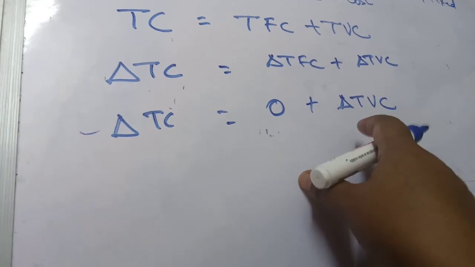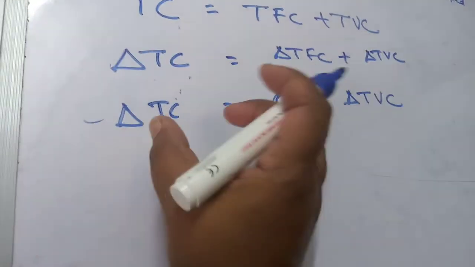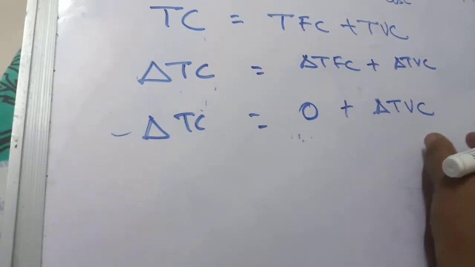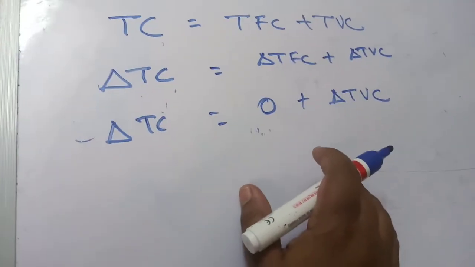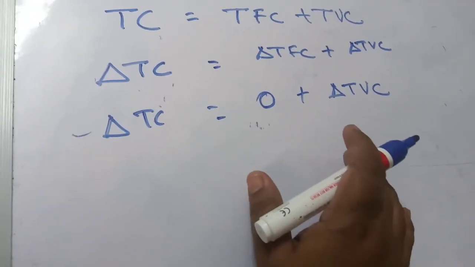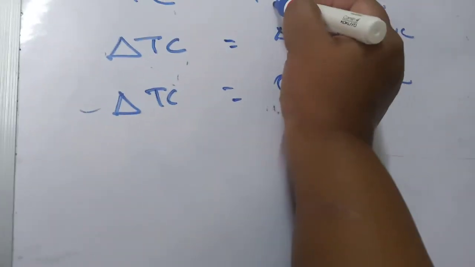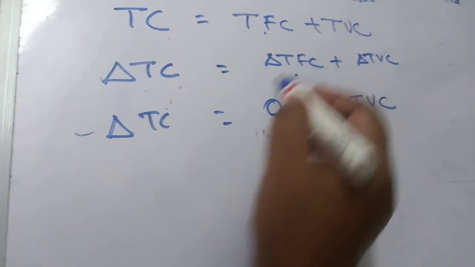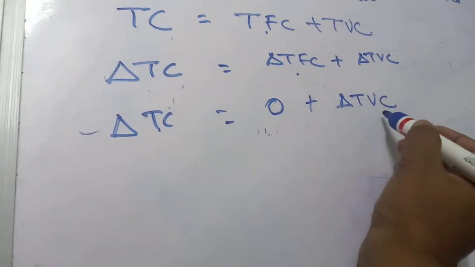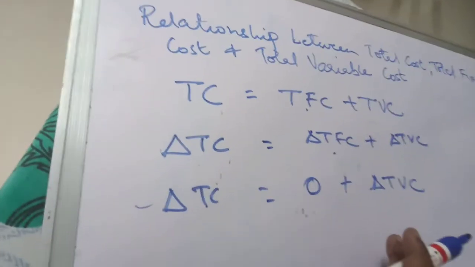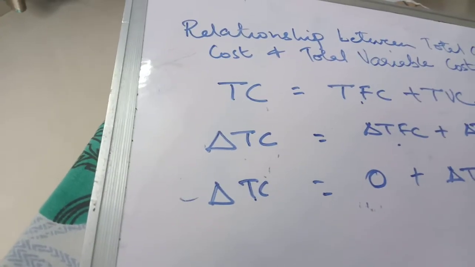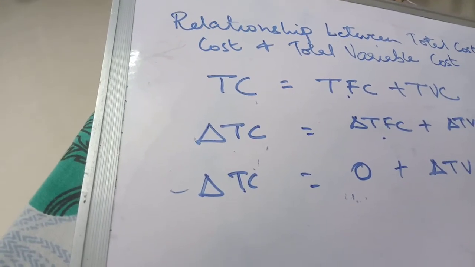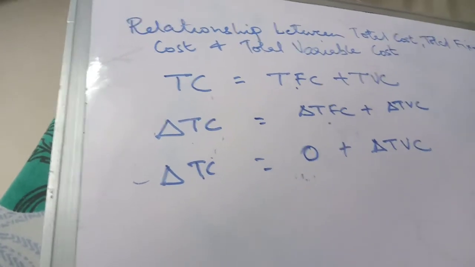So therefore you will find that the slope of TC is exactly the same as the slope of TVC, though we cannot say that both of them are the same curves, but there will be a distance, and that distance will be a constant distance of TFC. And because TFC is not changing, the slope of TC is going to be like the slope of TVC. So I would like you to keep this in mind, and I'm going to give you a schedule which you're going to plot, and you're going to see how your total fixed cost, total variable cost, and total cost are going to be like. Okay, so I'm giving you the schedule and you're going to plot it.